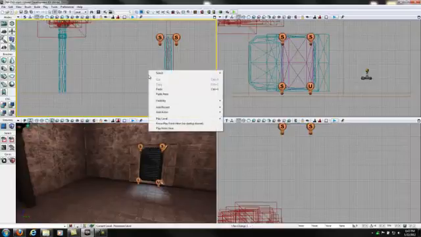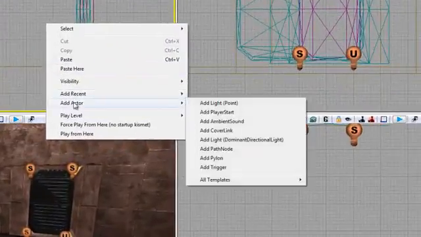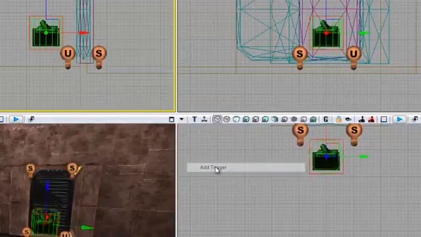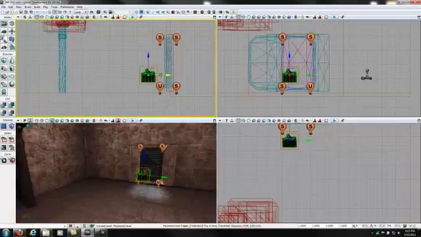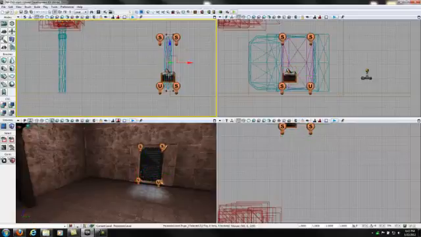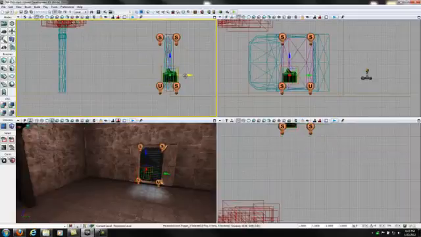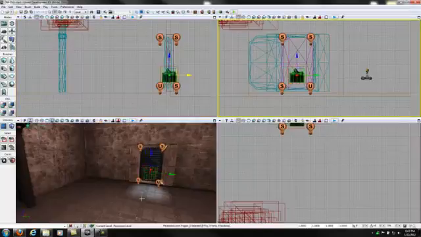So right click somewhere in the level, and then from the actor, click on Add Actor, and then Add Trigger. This will add the trigger in our system, and then I will just place the trigger in the middle of the door. And so what it does is that I write up a program that starts with the player touching the trigger, and when the trigger is touched, then we write up a sequence that moves the door and basically